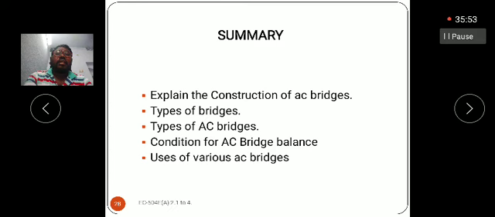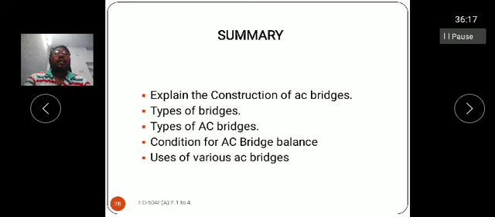Based on the frequency range, for low frequency we are using headphones and vibration galvanometers, etc. In the high frequency, we are using electronic oscillators. That is, based on the requirement and what type of bridge we are using, we connect the sources as well as the detector to the circuit. That is the types of bridges.